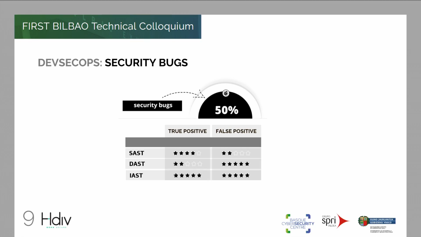And the approach that improves those issues is the most modern one, the IAST, where we are getting good visibility of the vulnerabilities while avoiding false positives. So that's important to understand. Depending on the tools that you are using, the quality of the issues that you are going to see is different. So it's interesting to understand the typology of the solutions that you are using and which is the most appropriate tool for your environment.